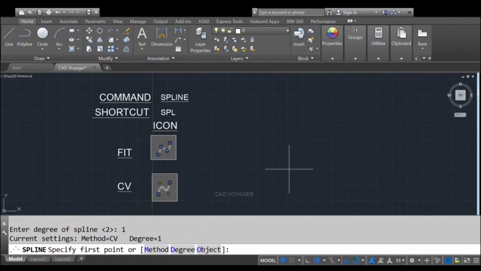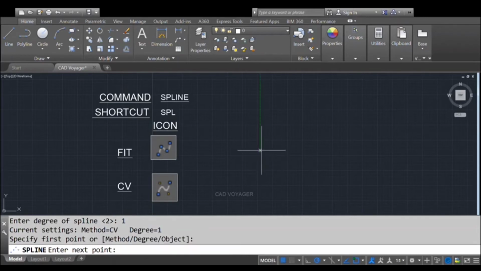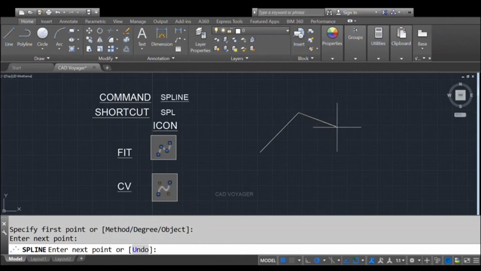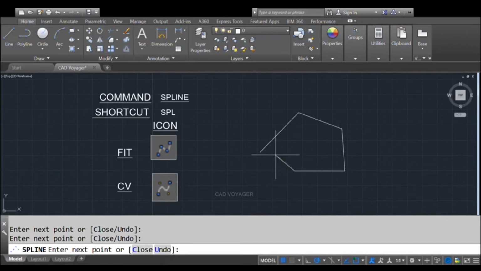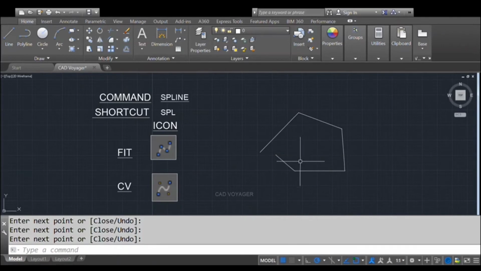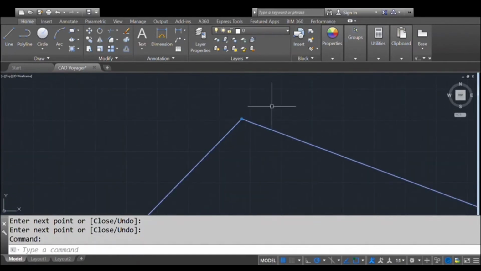In this condition, it will only draw sharp corner edges. It will not draw any smooth corner edges. It will only consider the currently specified point. It is the number of point objects to be considered for plotting the spline. Now it has to specify the first point. After specifying the first point, it has to specify the next point, and you can specify as many points as you need. I am just terminating this command by pressing enter, and we are going to see another example of